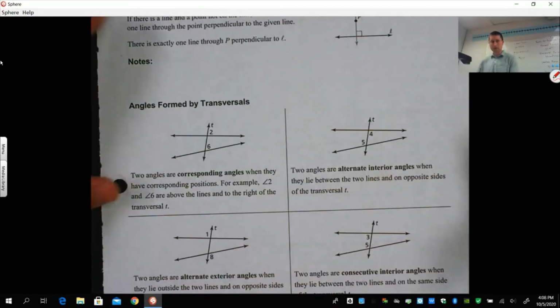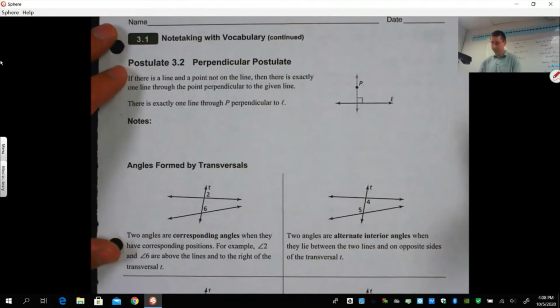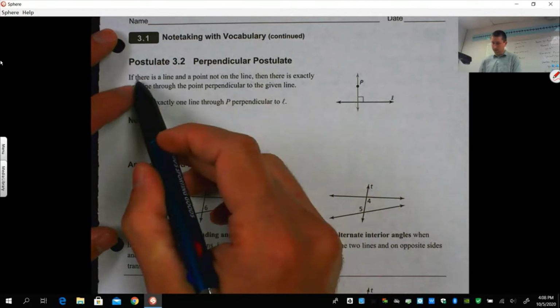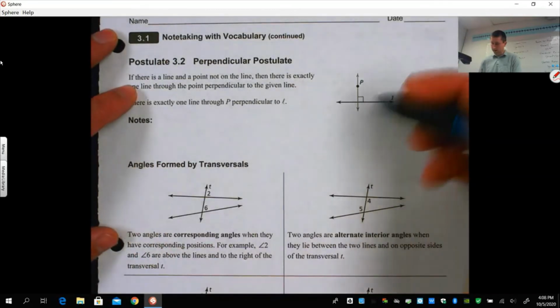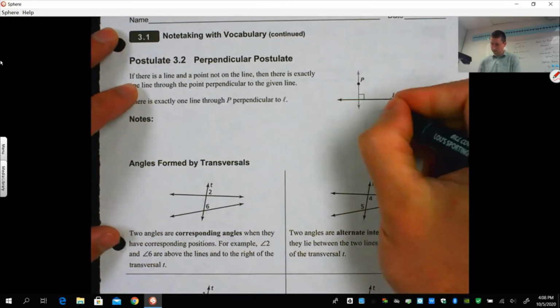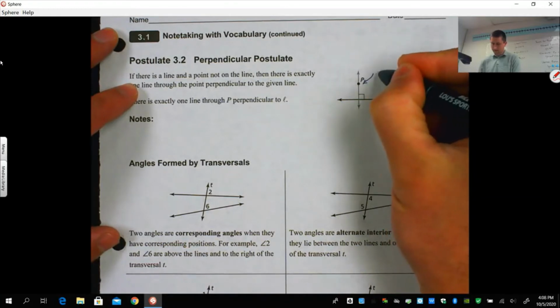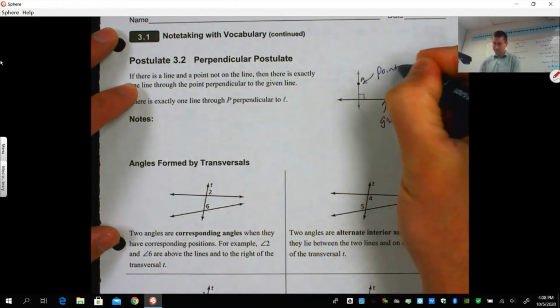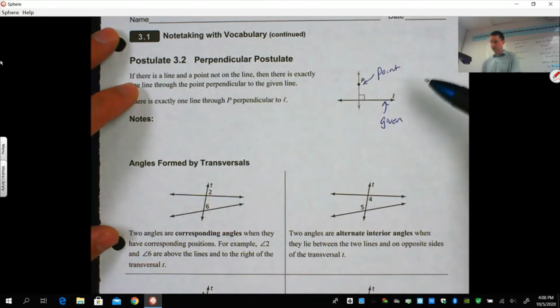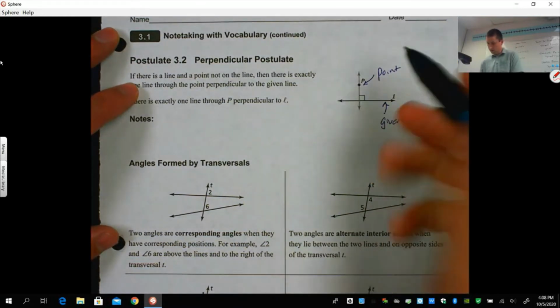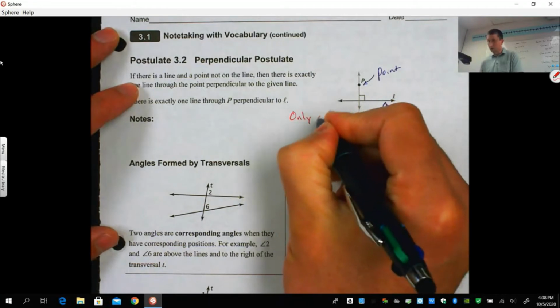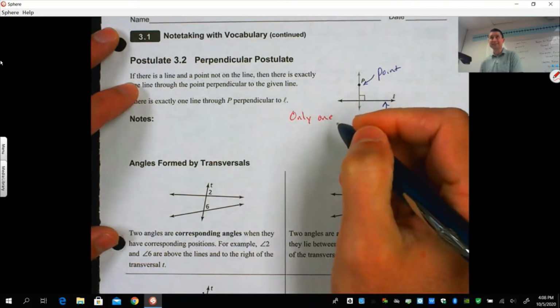We follow up the parallel postulate with the perpendicular postulate. Okay, perpendicular postulate says, now I'm going to be given this line and this point, and we know only one,